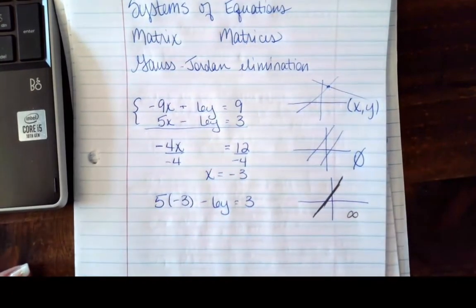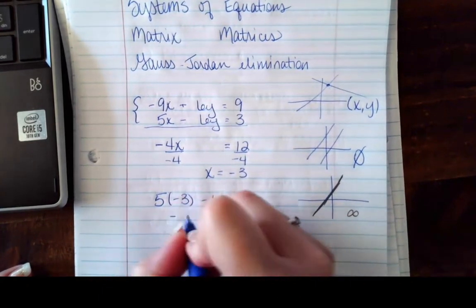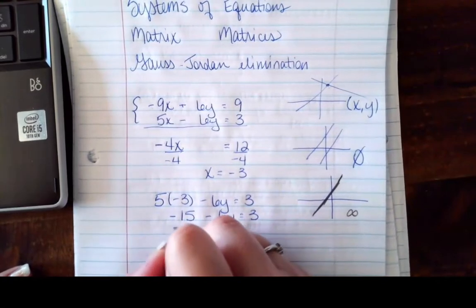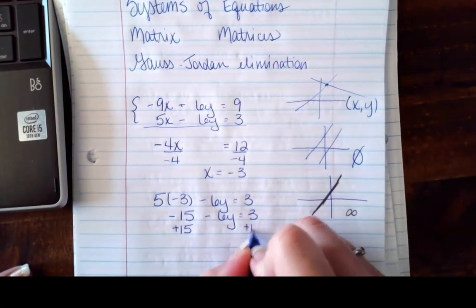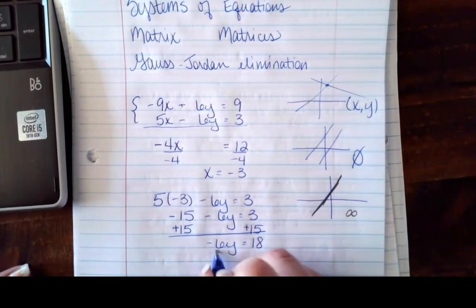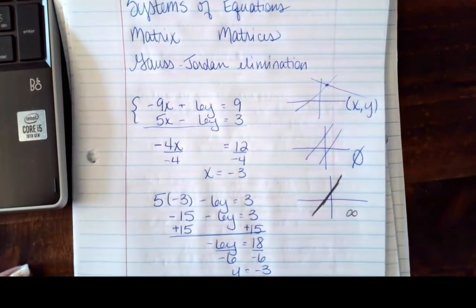And then I'm going to solve for y. So 5 times negative 3 is negative 15. And then I'm going to add 15 to both sides. So I end up with negative 6y equals 18. Divide both sides by negative 6. So y is also